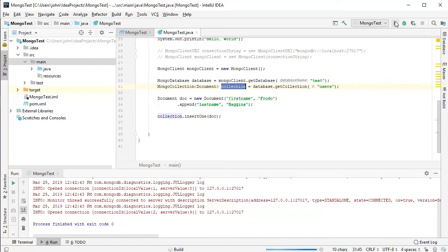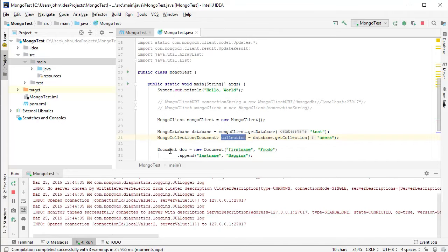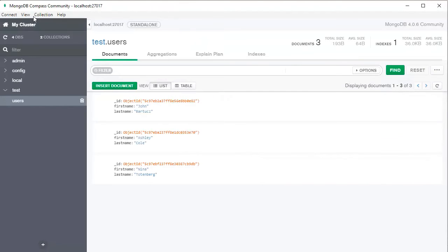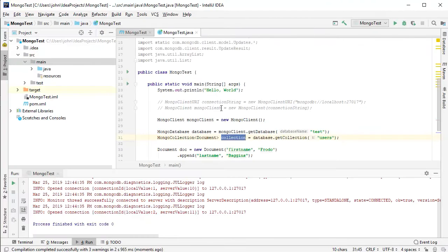So if I run this, it's going to give me some errors. It's going to tell me about the connection. And then if I go into Compass and I reload the data, hey, there it is. All right, so that is how you connect to